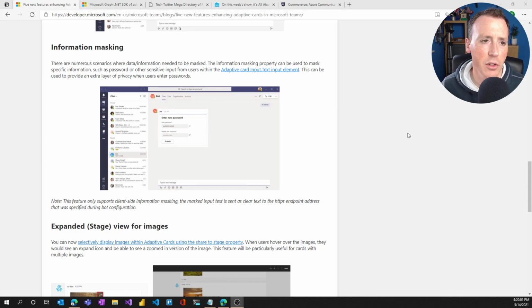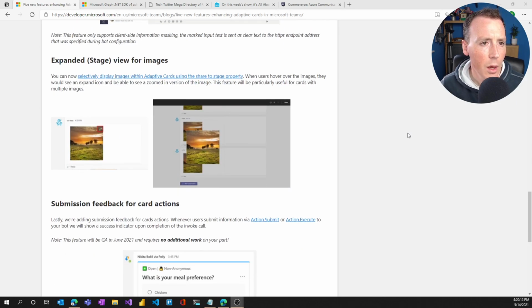So yeah, you can do this now. This is specifically on the input, that you can mask the input text, just like a web page you would with a password box, whatever. Okay,